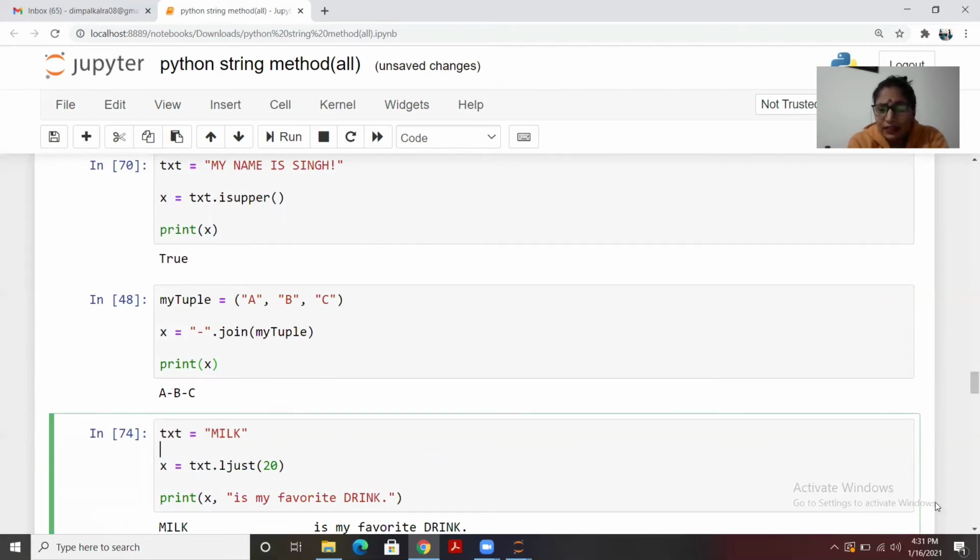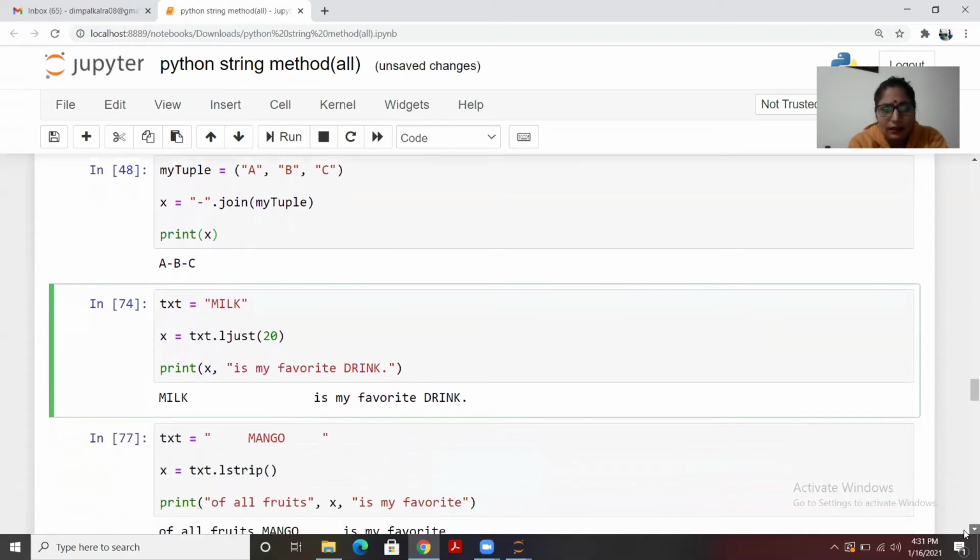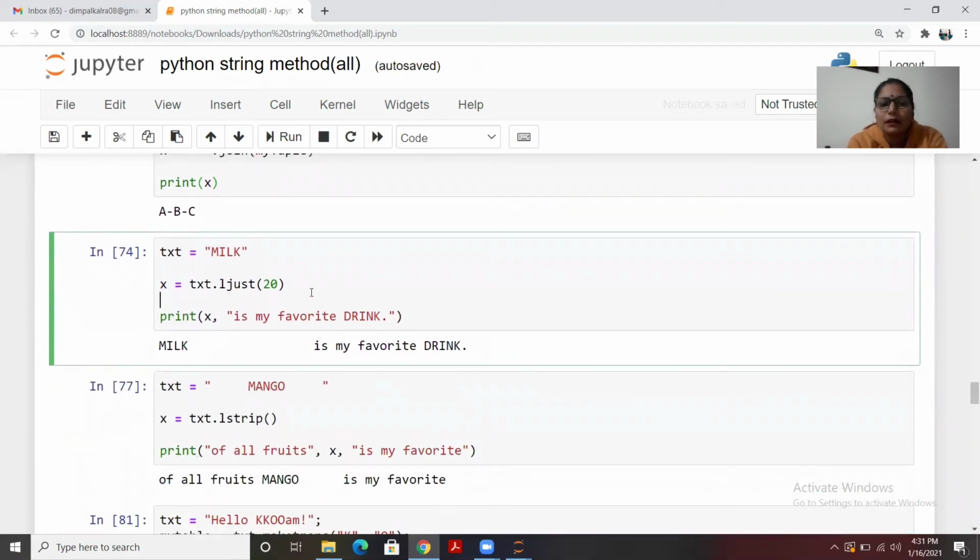Next, in case you want to check, for example, you have a particular keyword and you want to add it to that string on the left side, and you give the number of spaces to the left direction that this word is going to be adjusted.